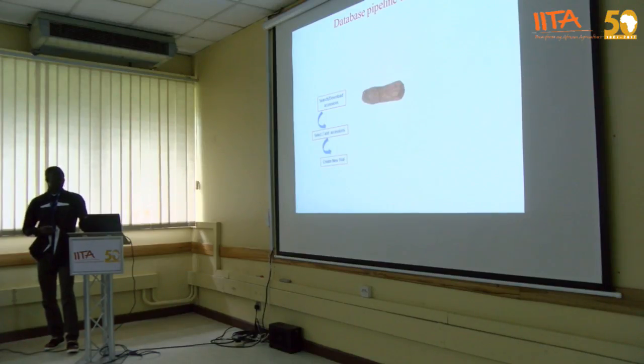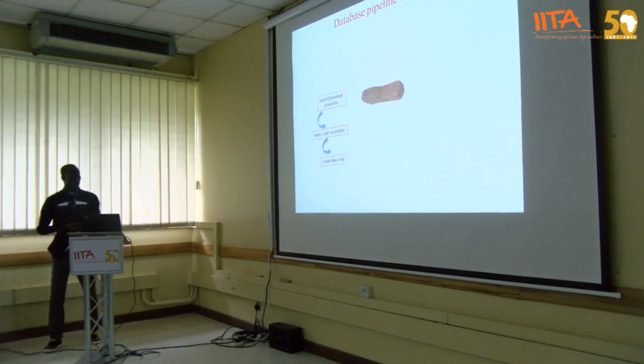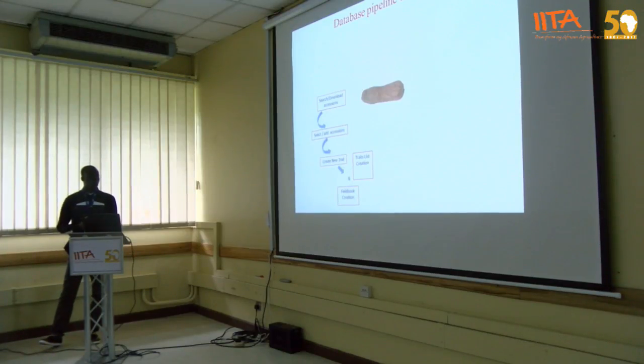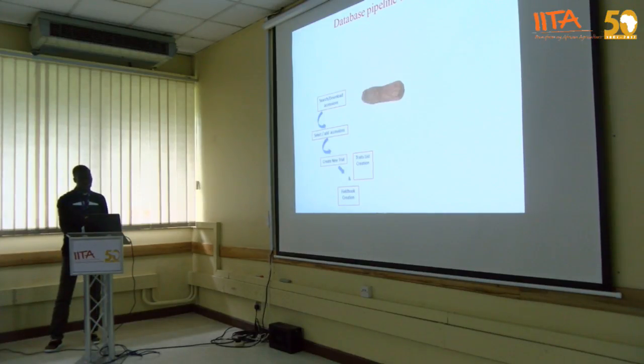And then if you want to make use of the accession you have, you can use it to create a new trial. And then along with the field book and the crop ontology, you can create the list of the variables you want to use to phenotype your data. Once you have that, you are ready. You can import both the trait file and also the field book